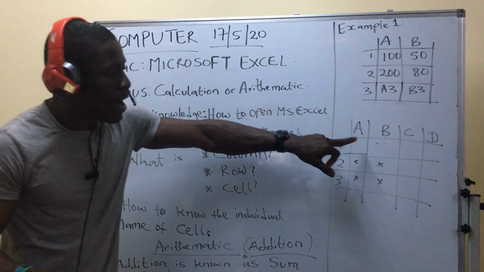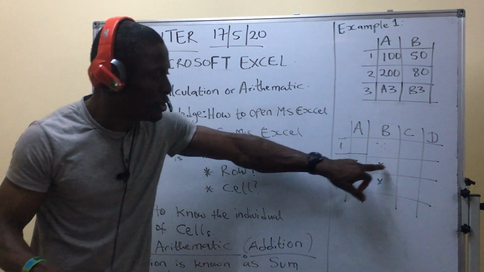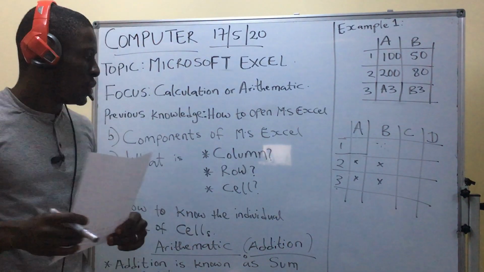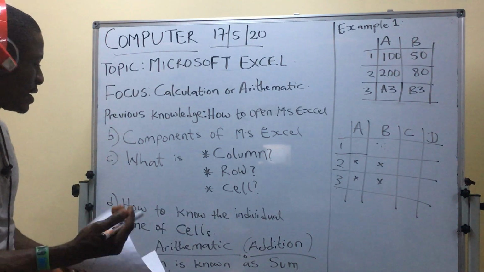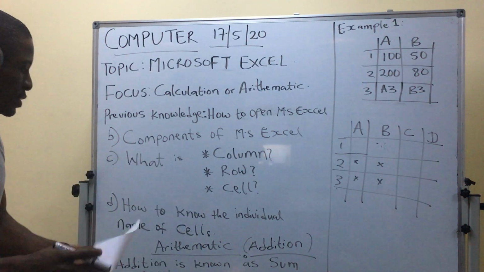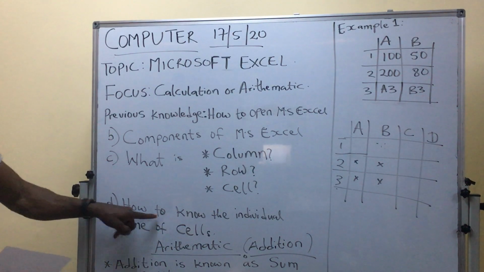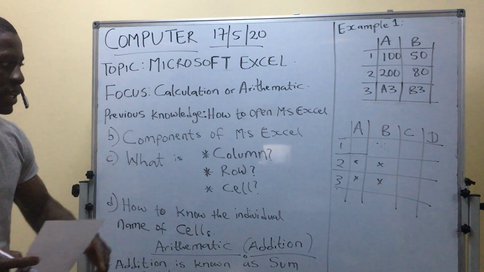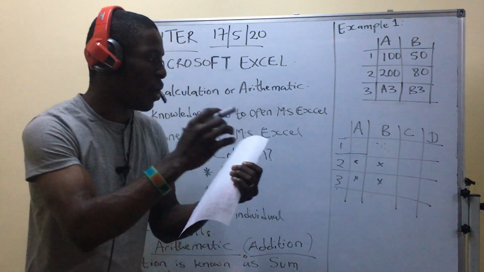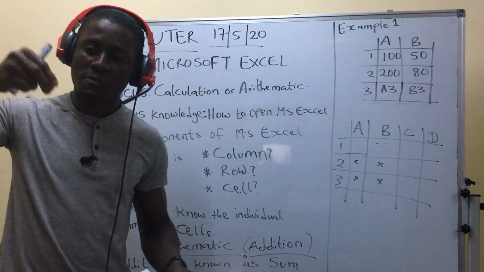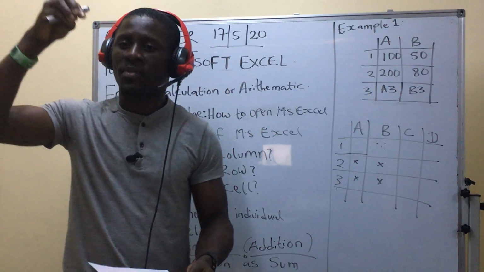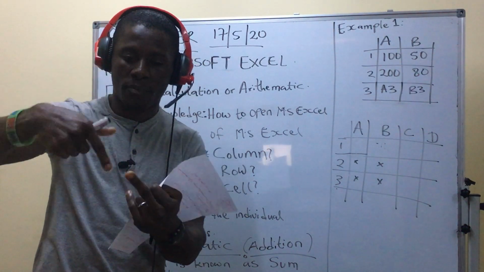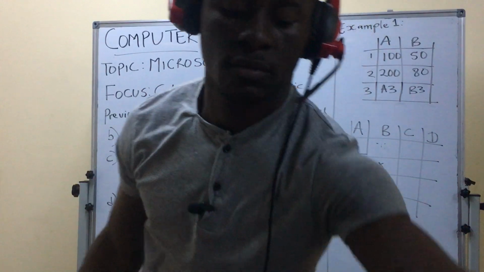Now, each of them has its individual name. So, their individual names can be formed. How do we know the individual name of cells? The individual name of each cell can be formed by the column and row that meet to form that particular cell. For example,